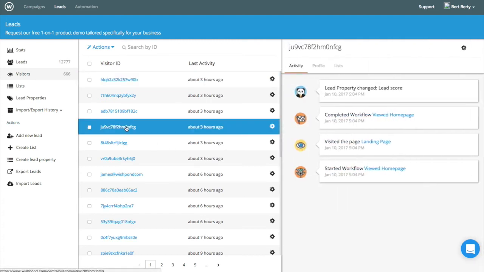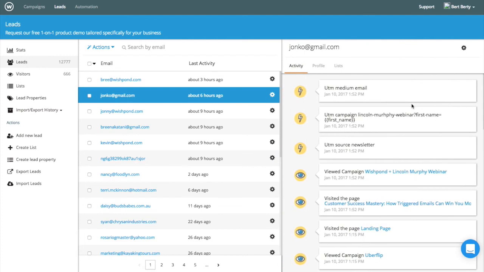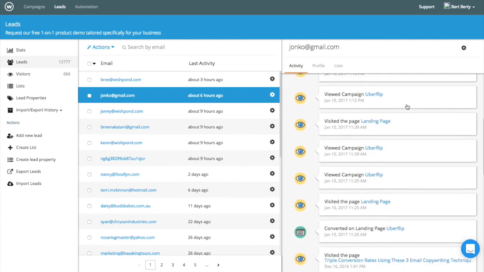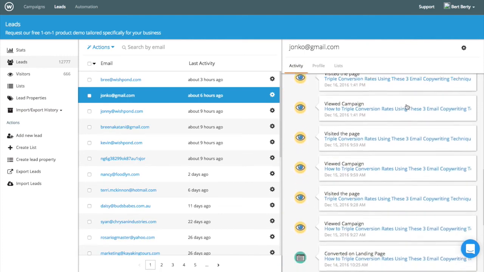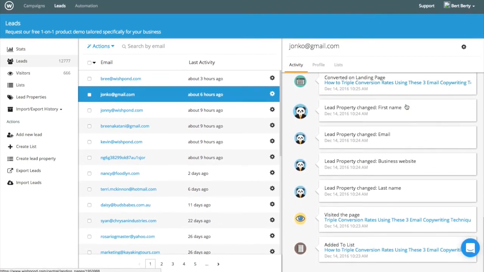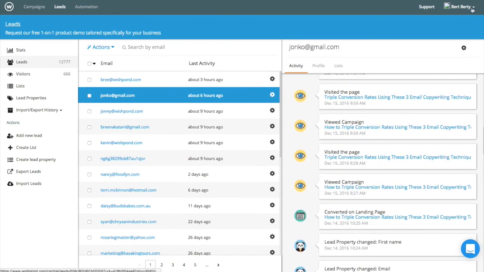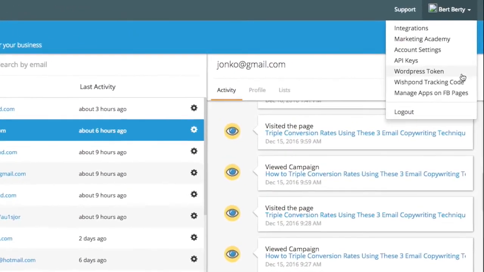And the moment that they convert on one of your forms, all of this information will add to their lead profile, and you'll see who that is, and you'll be able to refine your marketing strategies and sales funnels to see what's working and what's not, what flows are leading people to convert on your page, and optimize them from there. So it's really awesome information, and that's why I would highly recommend that you install our Wishpond tracking code,